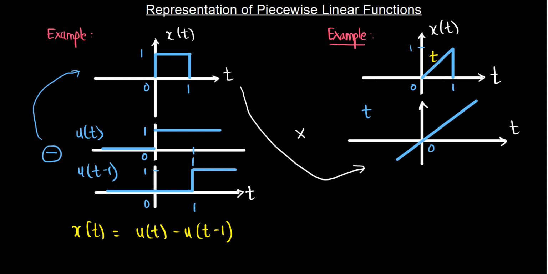So here, if I'm having the same box function, that is 1 from 0 to 1 and 0 otherwise, and if I multiply these two, we can see that we will obtain this original signal,